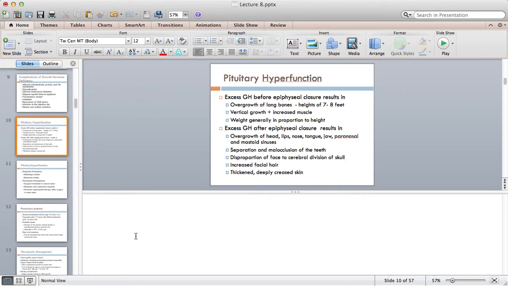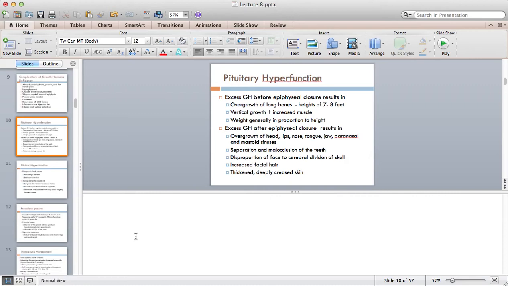If the problem occurs before the closure of the epiphyseal plate, that is that growth plate in the bone, if that oversecretion occurs when that growth plate is still open, you see a linear growth in the person. So the person will grow so tall, very vertical growth,